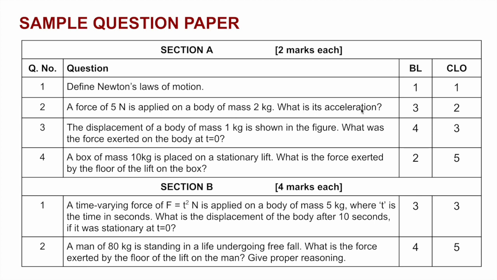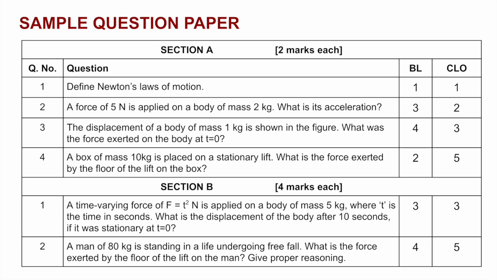What is its acceleration? Here the student is expected to apply a certain concept learned in the class, and that's why this is BL level 3 and it is CLO2, because this comes from course learning outcome 2 which I had defined already. So now, once you have mentioned the BL level and the CLO number for each question before taking the exam,